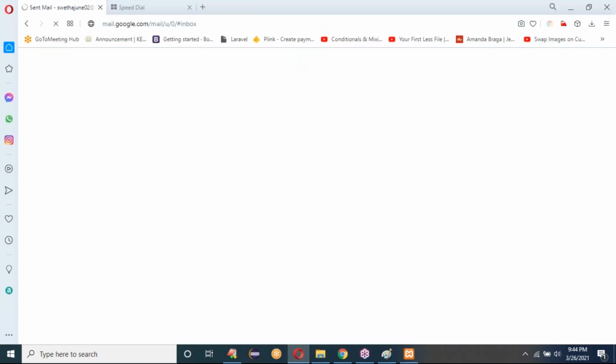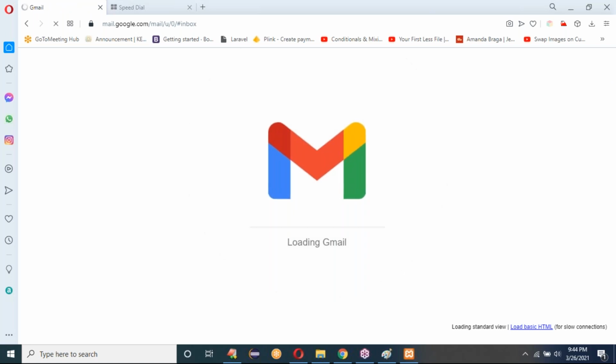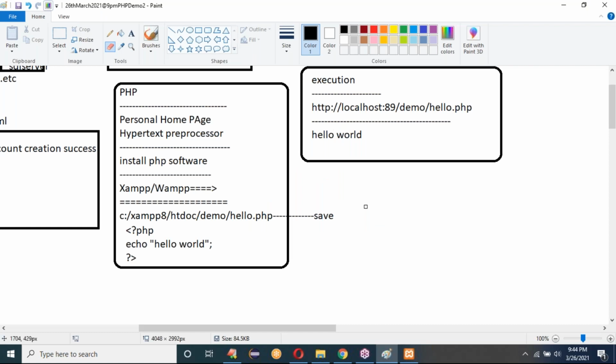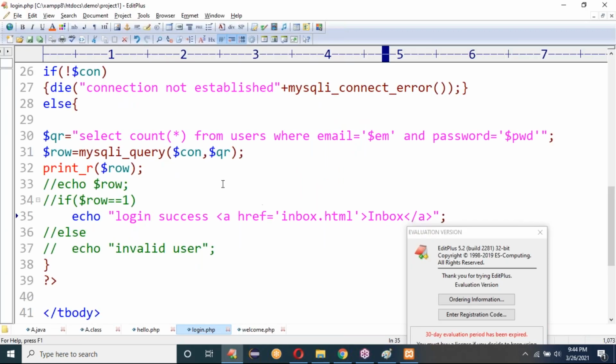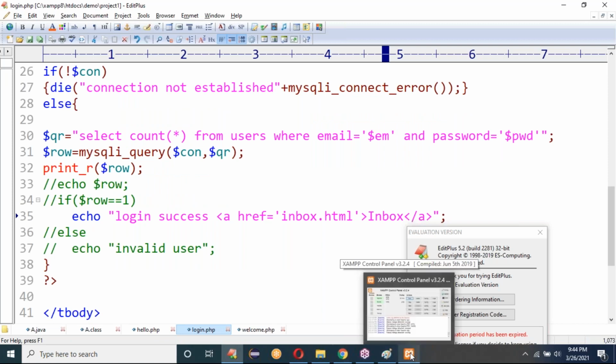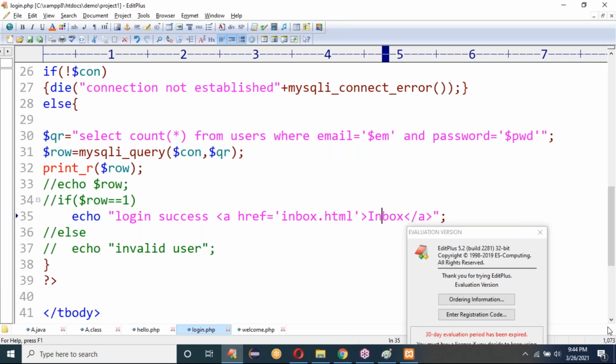8 p.m. UI batch, like that. Every drive's details they will share with you. From that drive you can get recordings every day, and from my side you will get mails. In that mail I'll send you this paint file that I'm explaining for you, the program that I have explained, the database queries and query related document, the total PHP related document, and the topic related documents.